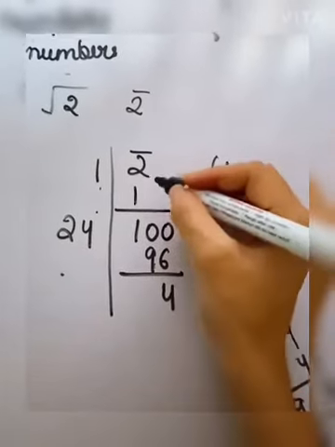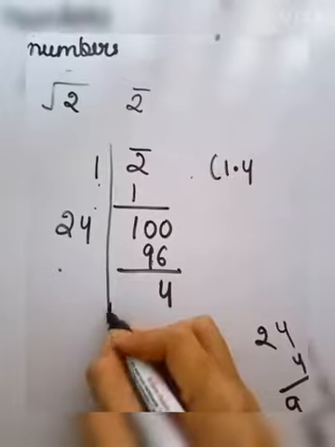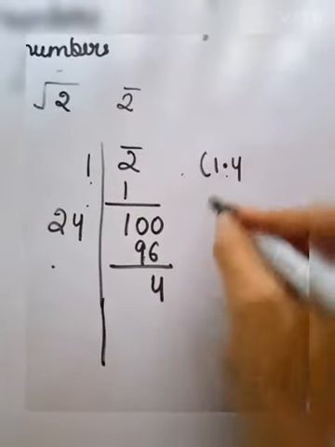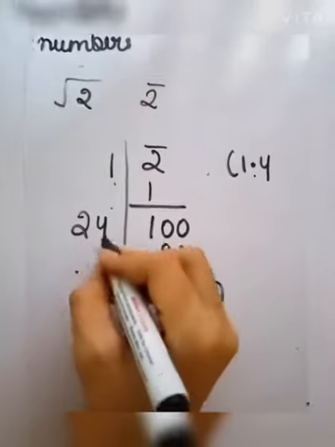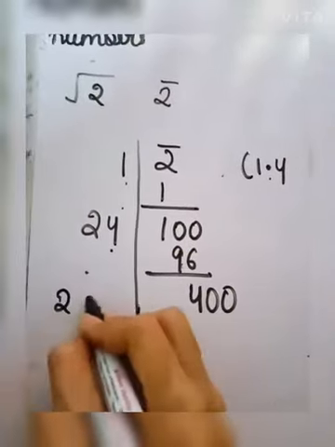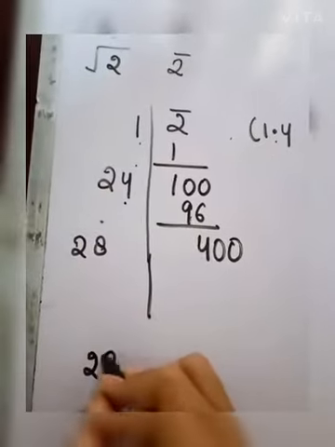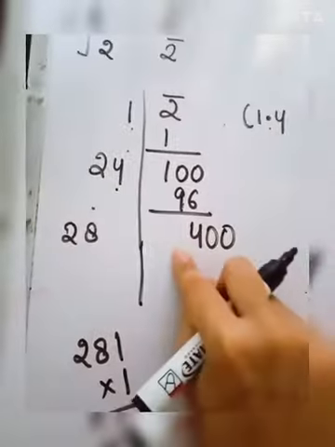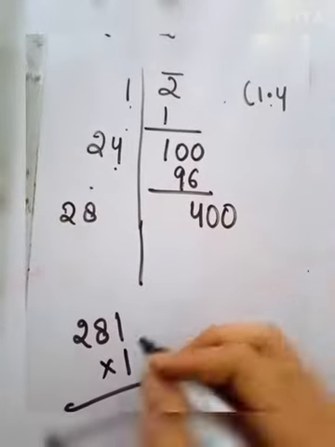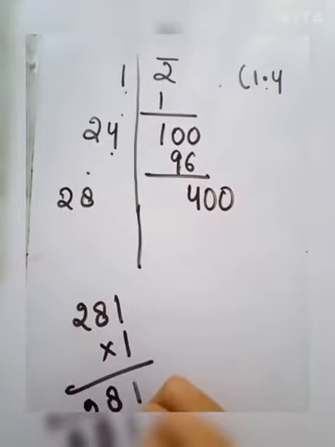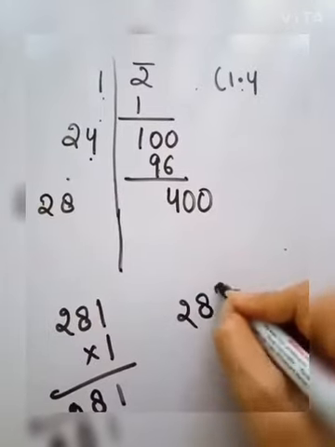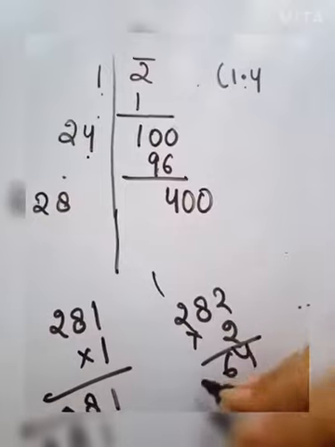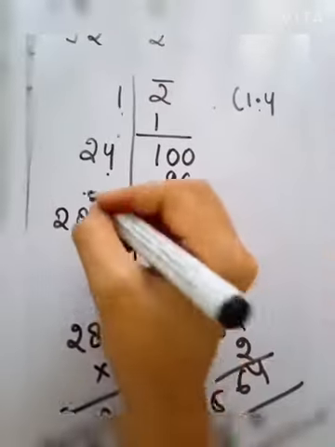Okay, 4. Now it is not completely solved yet, so we need more zeros. We have a point here, put 2 zeros. Do the double of 4, it will be 28. Now think of a number with which multiplying we get either 400 or near to it. 281. 1 1s are 1, 2 8s are 16, 2 2s are 4, 2 4s are 8 plus 1, 9. Now 564 is greater, so we will take 1.